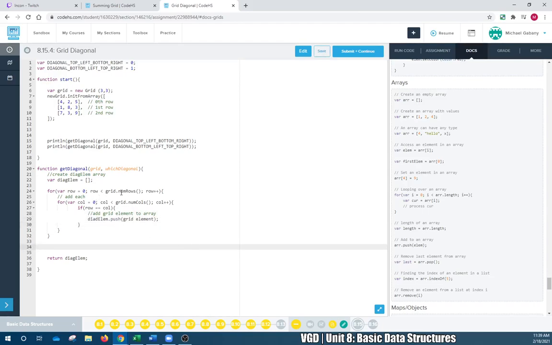Alright, so for row equals 0, row is to the grid dot number of rows. So we have a grid. It's right here. So far, so good. I don't see anything wrong with this so